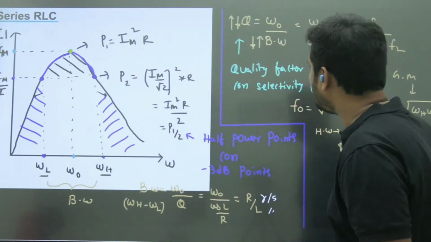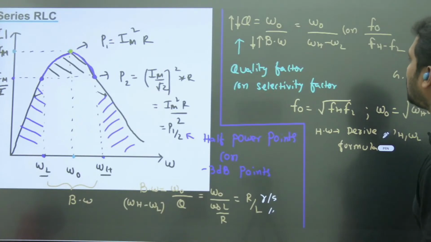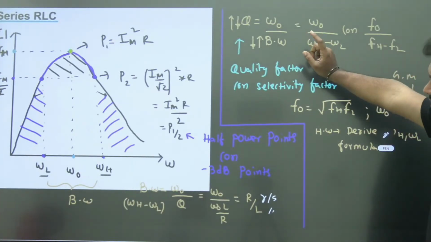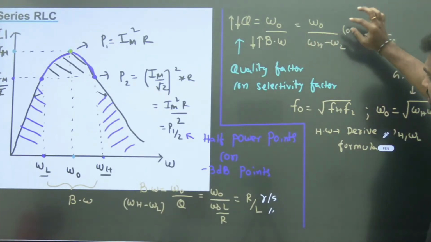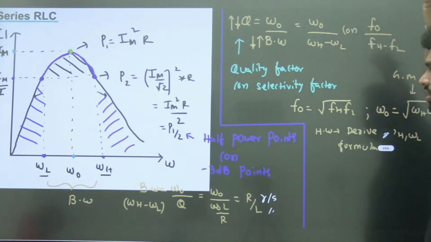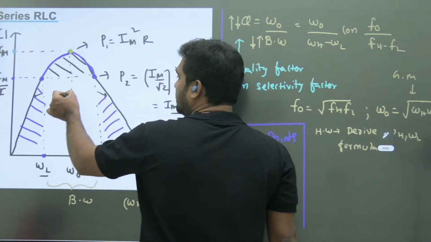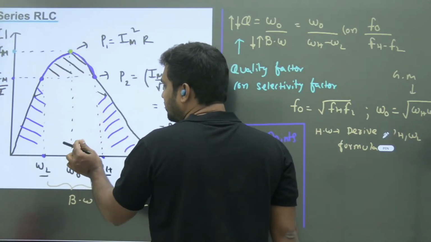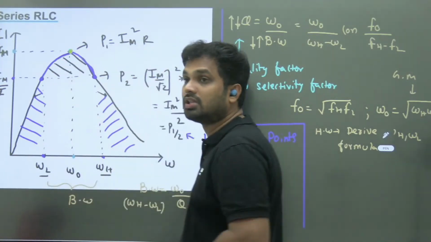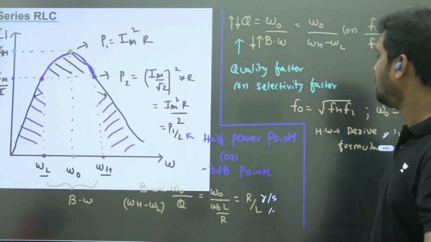There are some relations which are very important. Quality factor Q equal to omega naught by bandwidth. So if bandwidth increases, Q decreases, and so on. If Q increases, bandwidth will decrease, and you can select your frequencies more finely. That is why it is called the selectivity factor. So quality factor is